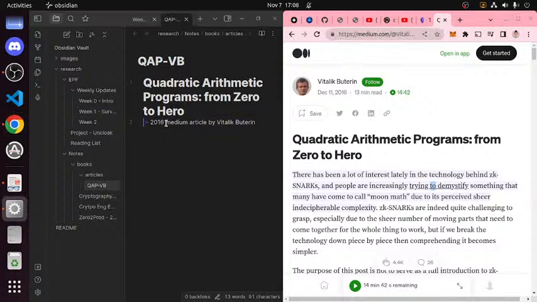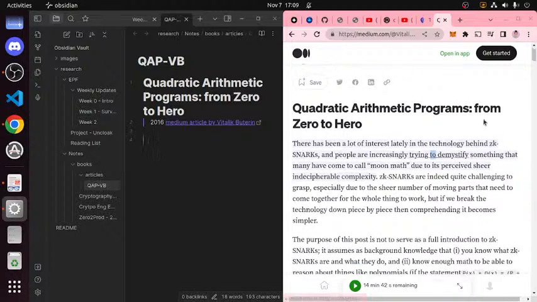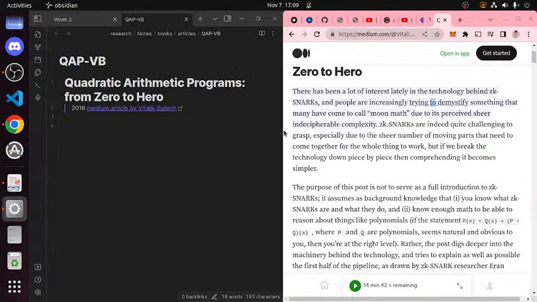There we go. I just want to take down the basics of notes, to be honest, and make sure I have an understanding of what's going on with QAP.